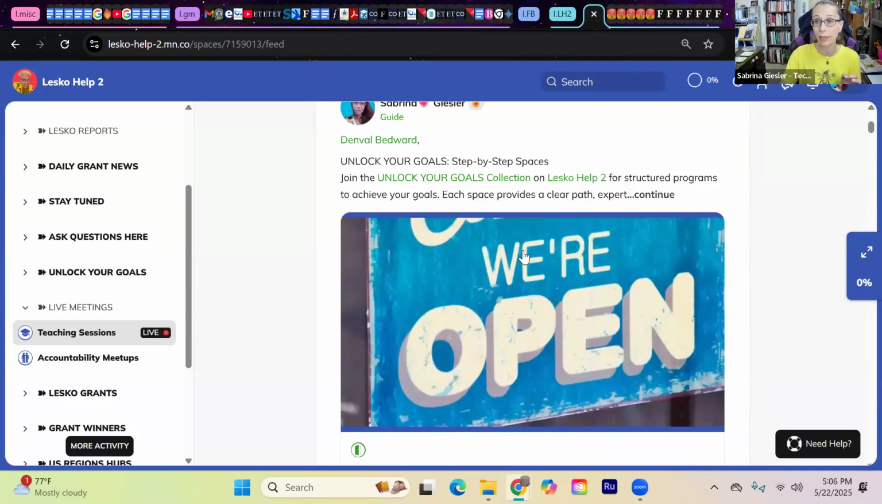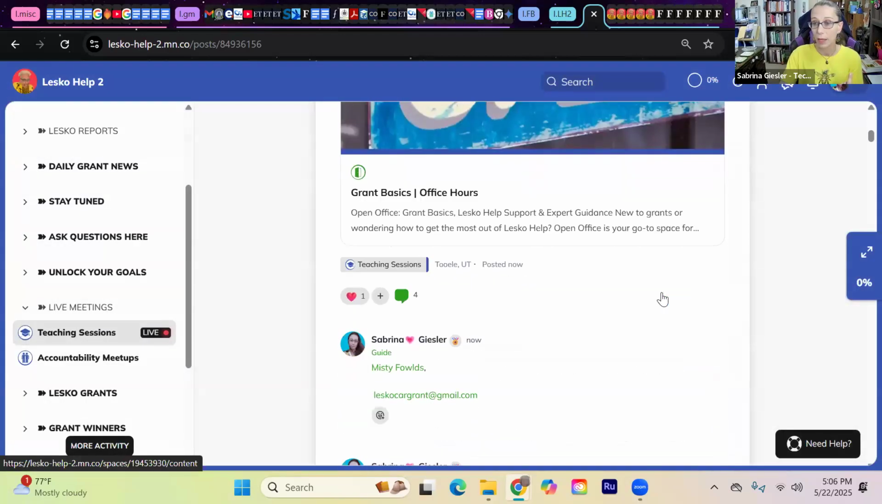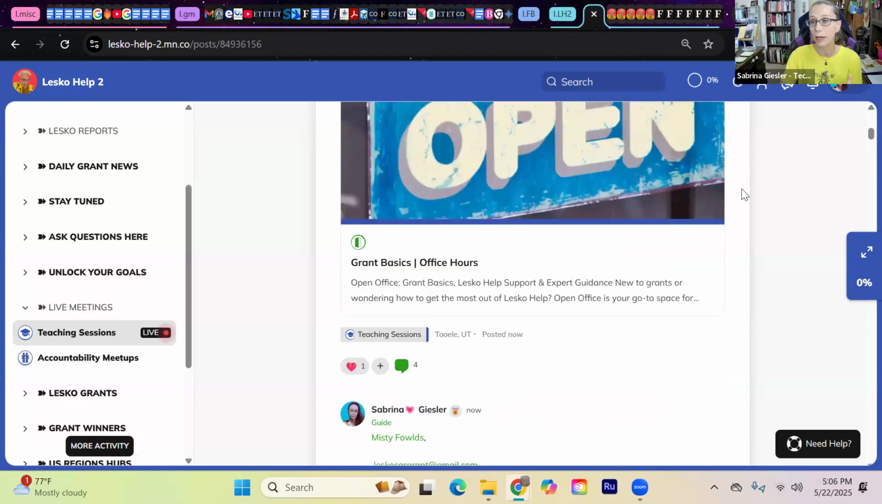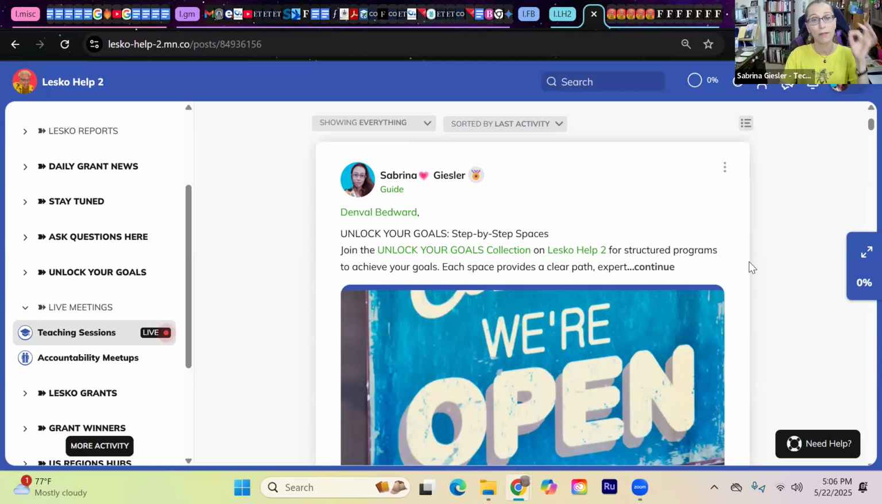And so let me just show you what that looks like, because I provided a whole piece for you here. So you said Unlock Your Goals is right there on the side. Just go on there. Okay, let me just hit save here. I think we've gotten everything you need anyway. And so this is going to be where your post starts. And it's just a brief description of every space